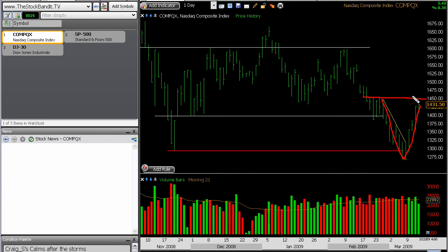The NASDAQ is approaching the next level of resistance, which is around the 1450 area, so it's got a little bit more room before it gets there. It finished at 1431 on Friday, but that would be a logical spot for some sellers to be waiting to reassert themselves. If you're a bull and you caught this move on the way back up,